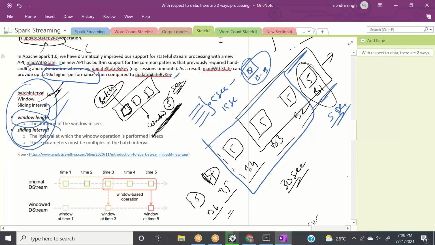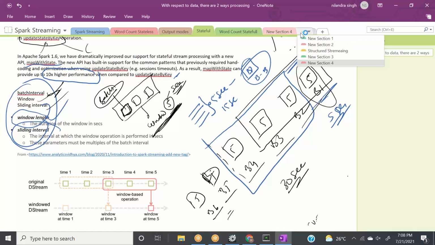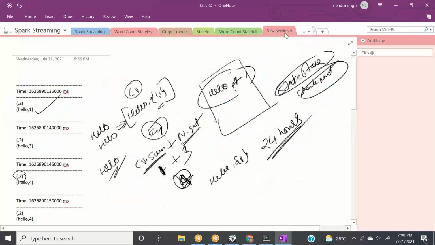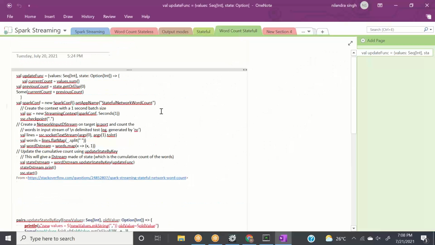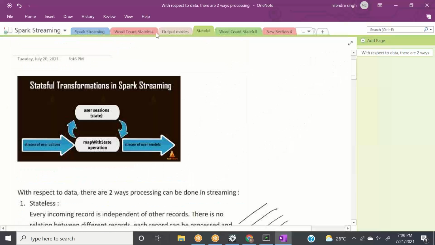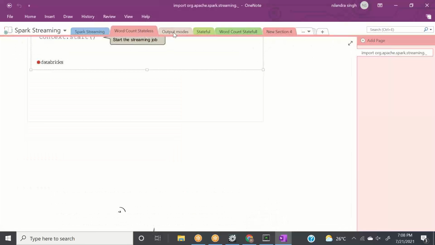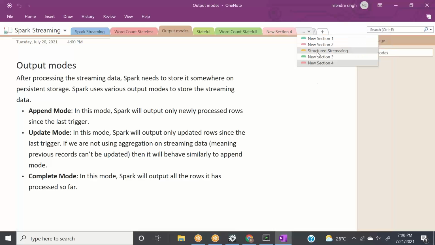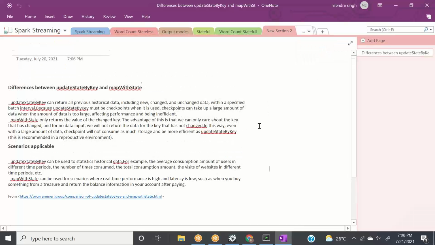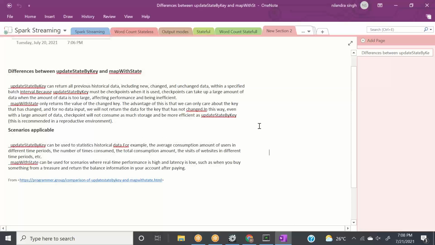Till the time it is running, I have maintained one more note here somewhere. Let's see here quickly. Okay, this is important. updateStateByKey can return all the previous historical data, including new, changed, and unchanged data, with a specified batch interval.